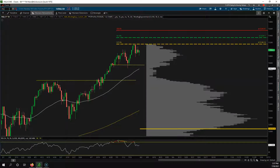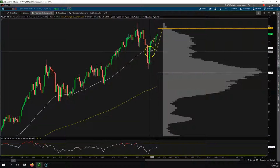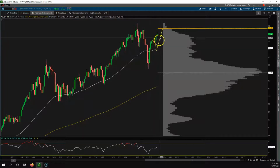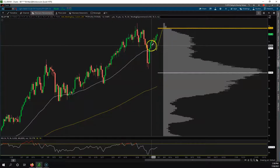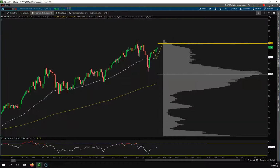Let's take a look at crude oil. Look at this. I kind of said last week, I expect a pullback to the 50 and then a move higher. These are from my charts from last week. And look at this. We had the pullback here almost to the 50, a reversal and higher. Bigger picture, potential shoulder,